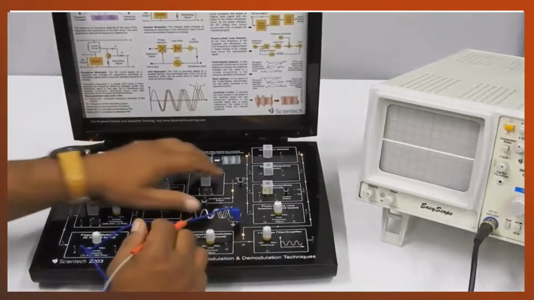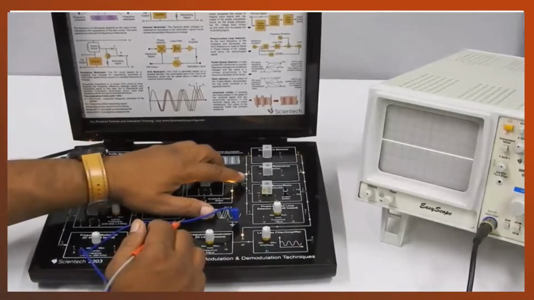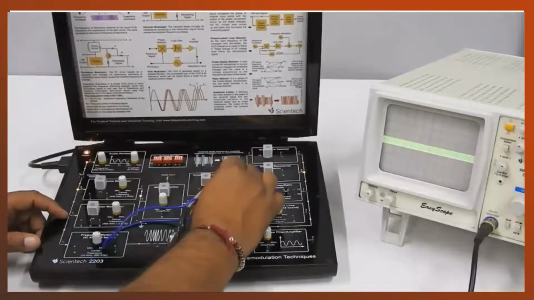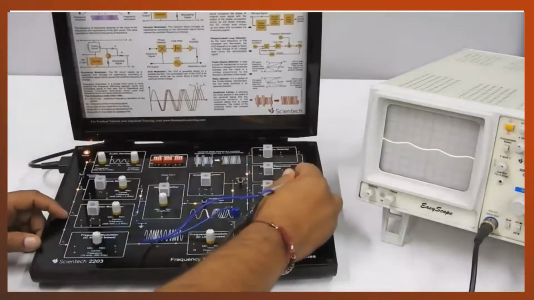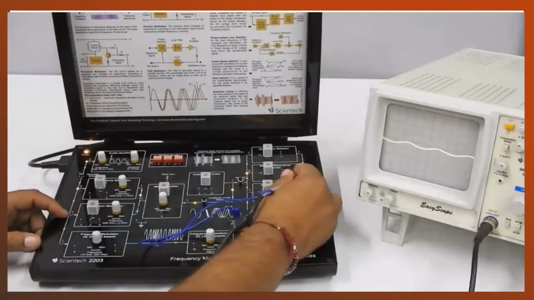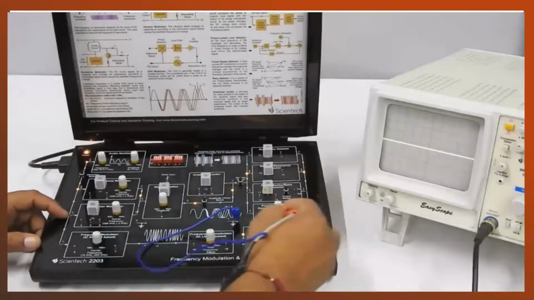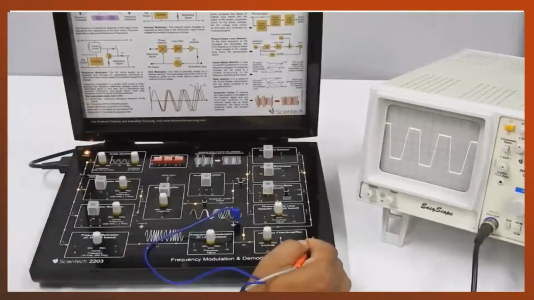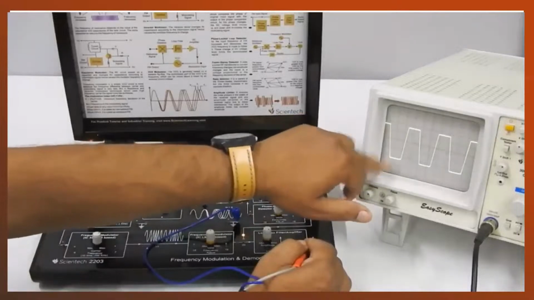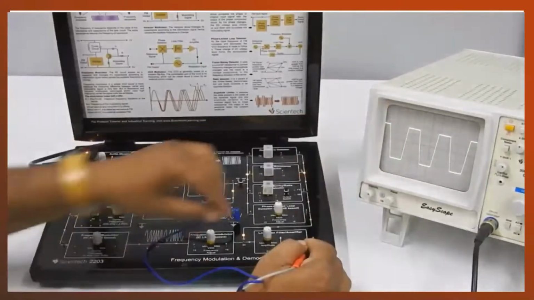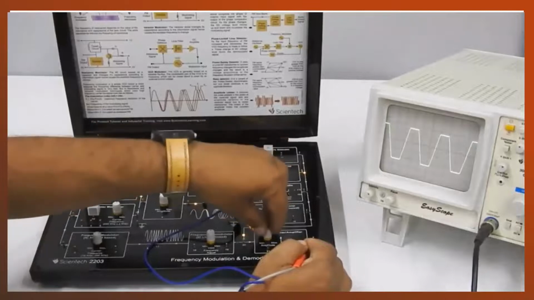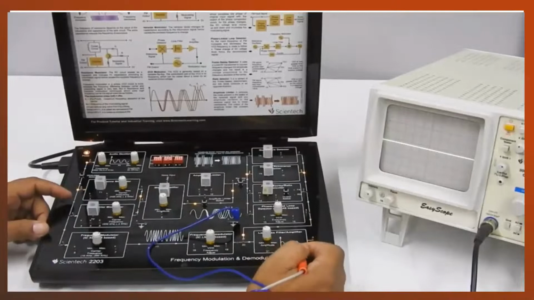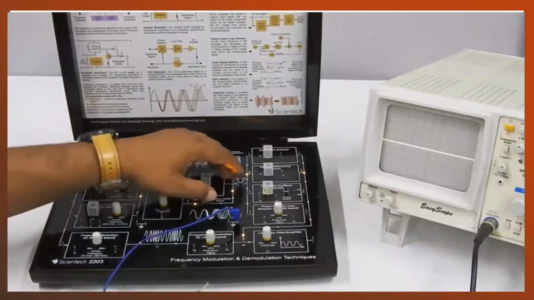Now to switch on the next demodulator, you have to simply press this switch. Now you come to the detuned resonator. This is the input, and finally this is the output of the detuned resonator. Again these signals go to the low pass filter, and you can see the demodulated waveform. Now you can see that the signal is somewhat over amplified, so you have to decrease the gain of the low pass filter, and this low pass filter has a cutoff frequency of 3.4 kHz.